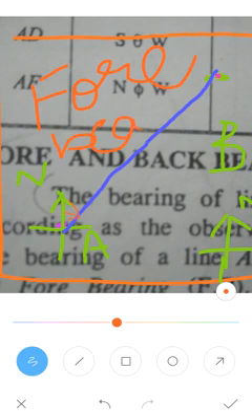Forebearing, what is that? If you find out the angle from A to B, the angle or bearing is indirectly called an angle. But we will not say angle, because for any angle there should be a horizontal line. With respect to a horizontal line, it will make an angle theta, but here there is no such line.